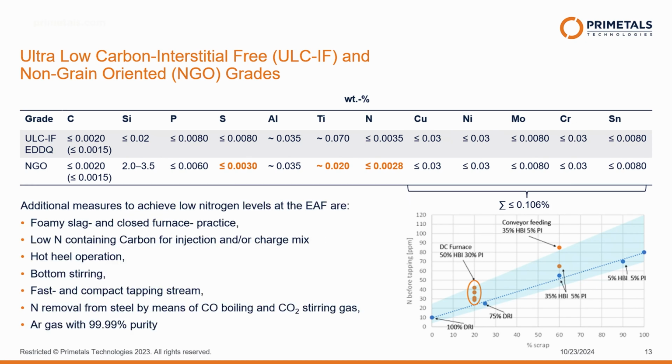And nowadays everybody is used to having very low nitrogen content, but with the electric arc furnace it is given that we have a bit higher contents of such impurities. And there is a list of measures you can apply also to an electric arc furnace, but definitely there is a certain nitrogen level given by an electric arc furnace, and technology showed with our references that this can even be brought down to values of something like 50 ppm and lower. But in general, the used BOFs are showing a very low